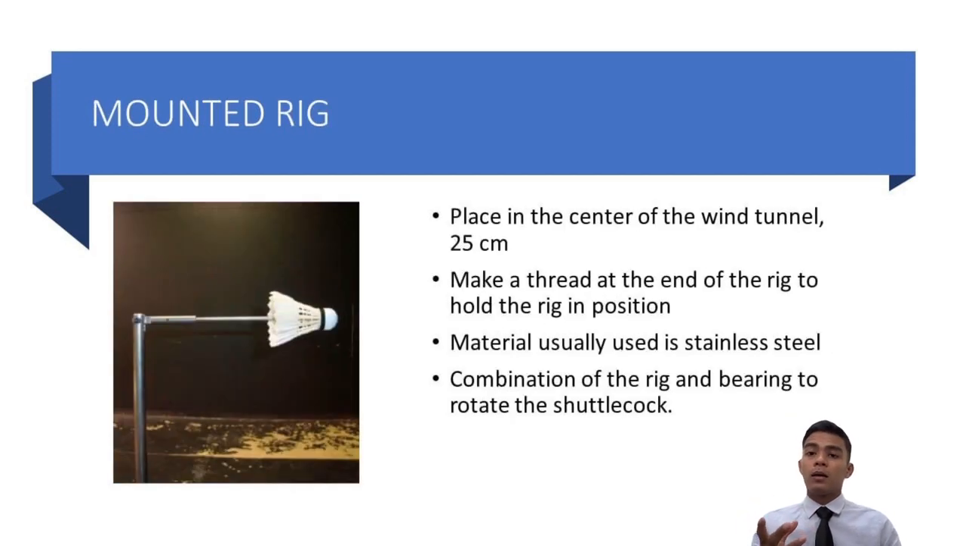For the rig, we place the rig in the center of the wind tunnel, that is 25 cm above the ground. And then we need to make a thread at the end of the rig to hold the rig in position. This is because the wind tunnel is used to test the F1 school car in the aerospace laboratory. And usually the material used in this rig is stainless steel, and the rig is a combination of the bearing to rotate the shuttlecock